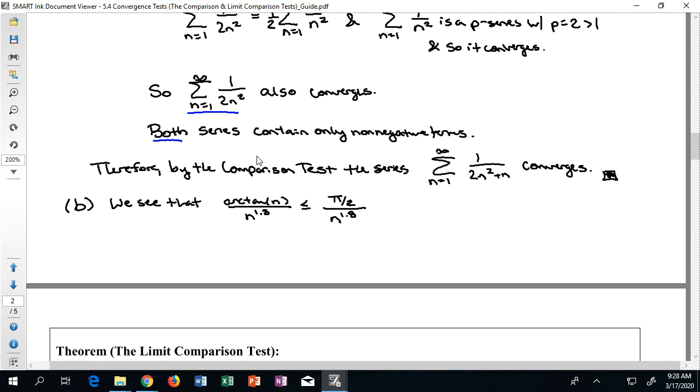Now, again, I'm making this look really easy. You might have tried several different things that maybe ended up failing or didn't work. Again, it's just that I have to continually try to push towards something that allows me to have something over here that I do understand as a good series, that I know something about. Like here again, I can see a p-series shaping up, but I also kind of want my inequality symbol to face in a convenient direction. So let's see. We see that if I have this for n greater than or equal to 1,